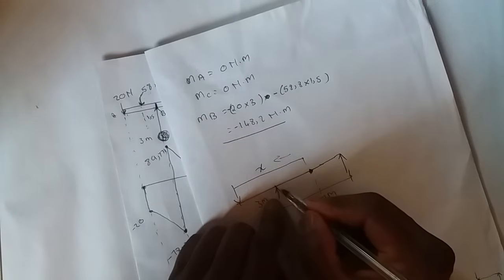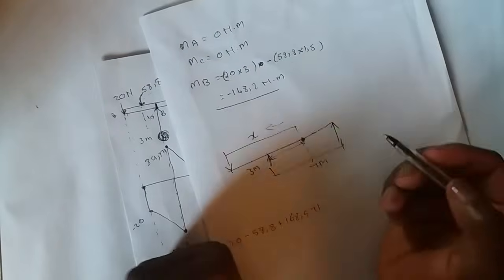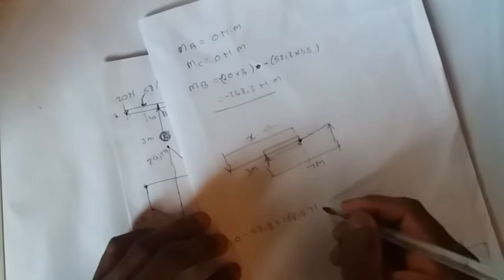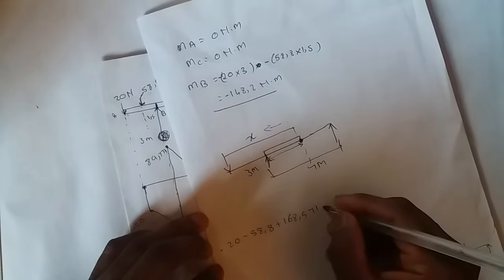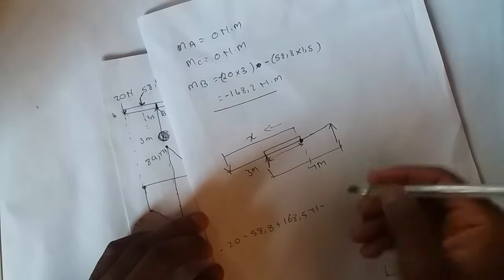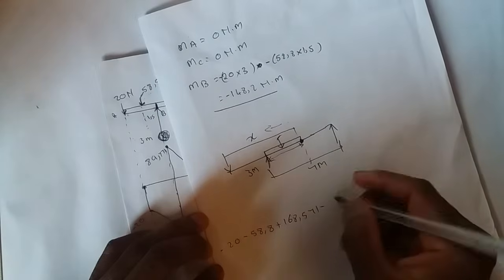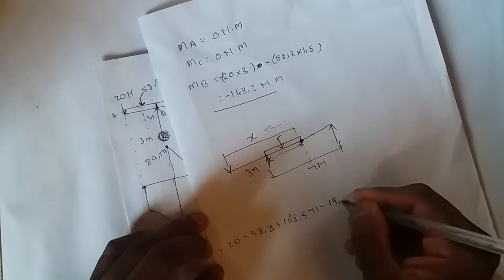We do not know the distance of this portion. But we can say that because we know that it is covered by a UDL, the force of this portion will be negative first of all, because it will be going down. And then we say, because it is covered by a UDL, the UDL is 19.6